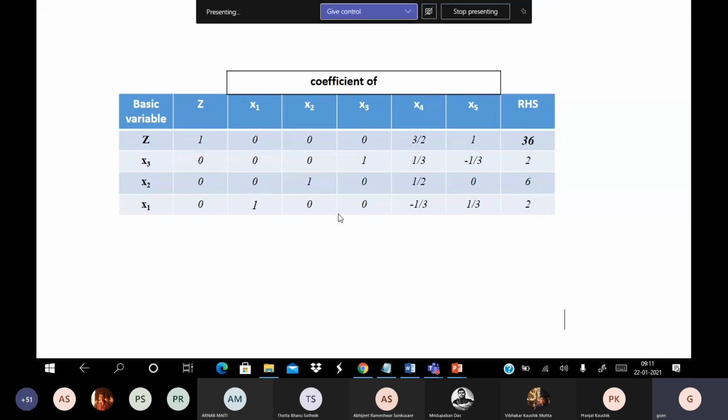Now suppose I give you this base, although you will not know beforehand that it is optimal. I want you to check whether the base x3, x2 and x1, so these three variables x1, x2 and x3 in the base, and x4 and x5 non-basic. Can you check by using this matrix form what the solution and the objective value will be, and whether it is optimal or not? So I give you a base x1, x2 and x3.